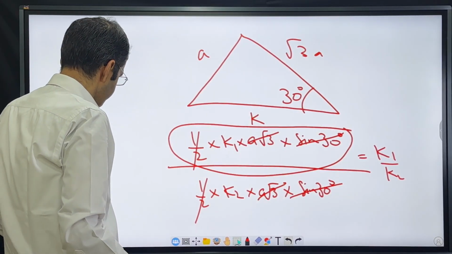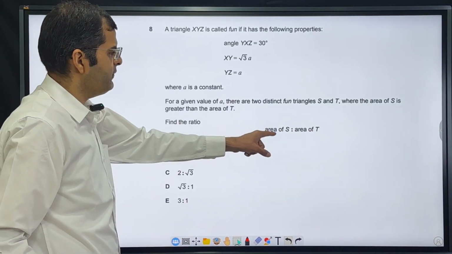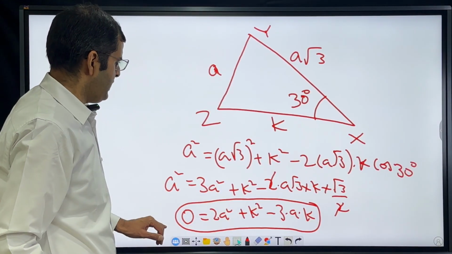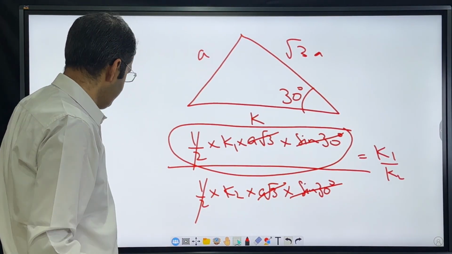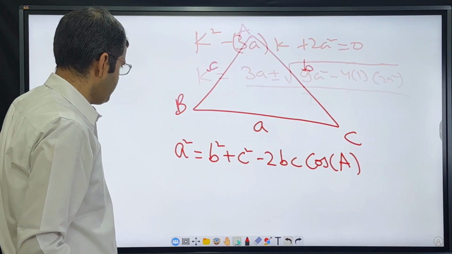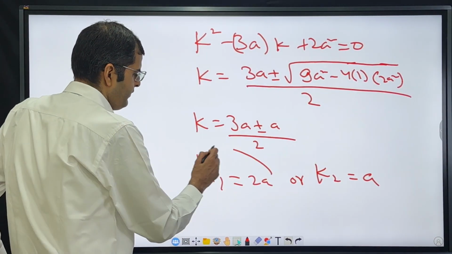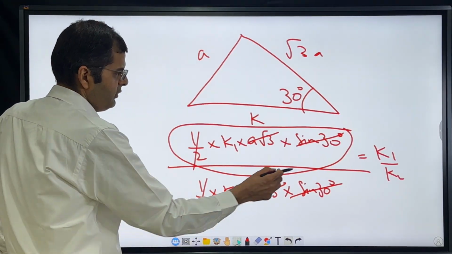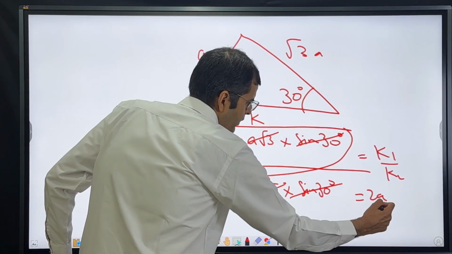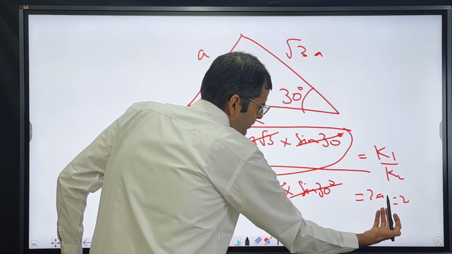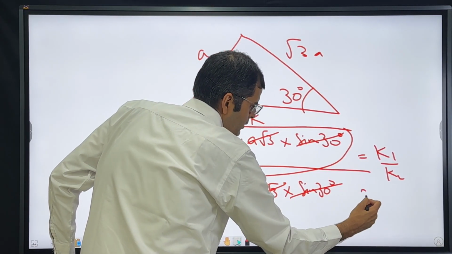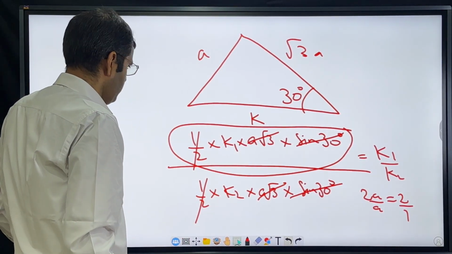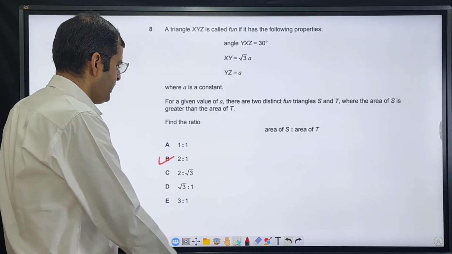K1 is the larger one because we have to find a ratio in the form of area of S to area of T. K1 has the two values 2A and A, so K1 is the larger one, K2 is the smaller one. So the ratio of areas will be K1 upon K2, which is 2A upon A, which is 2 upon 1. So the ratio is 2:1. Answer option B is